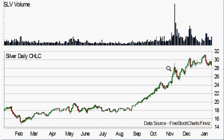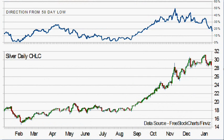Now, I can't put the 50-day moving average on these candle charts. I really don't know how, actually. If I could, I would, but I can put some nice little different indicators. And one of the ones that I've been talking about is the direction from the 50-day low. I don't know if many people would be using any type of indicators like this, but as I was saying